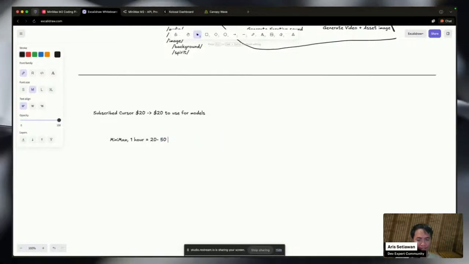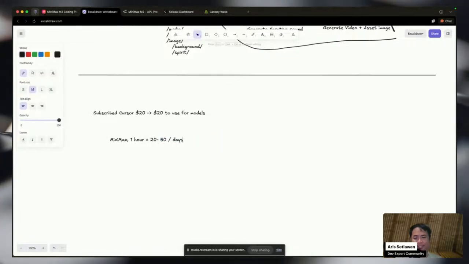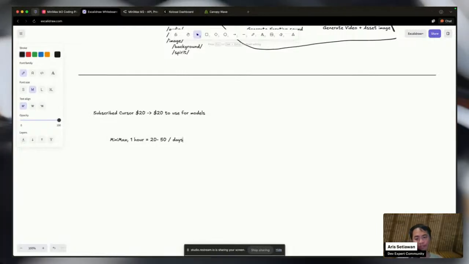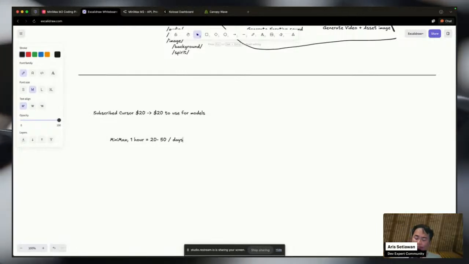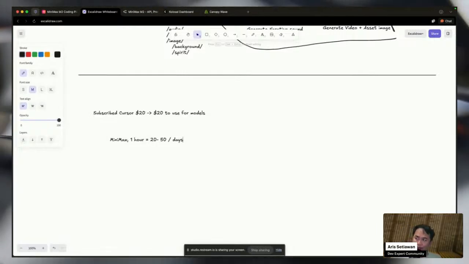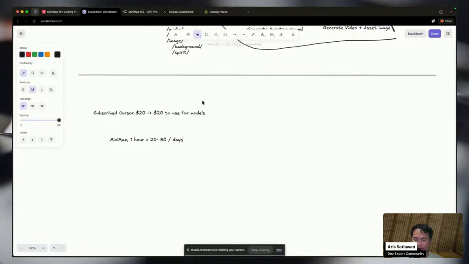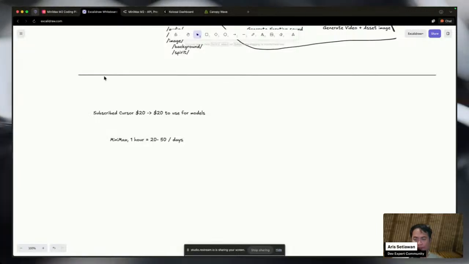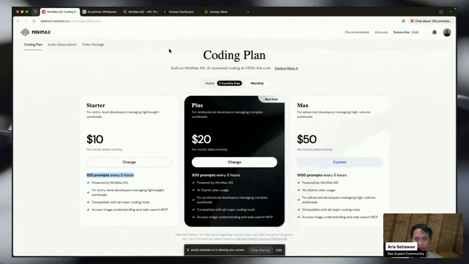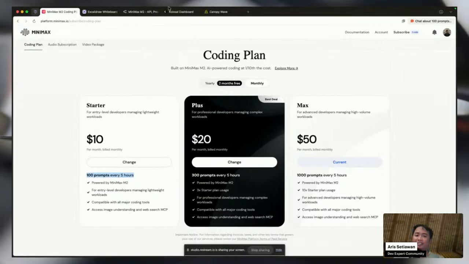50 prompts, sometimes this is my per day. This is my per day prompts, like 50 prompts per day. I love it. And I offered one of my friends to test it, and from what I see, it still use